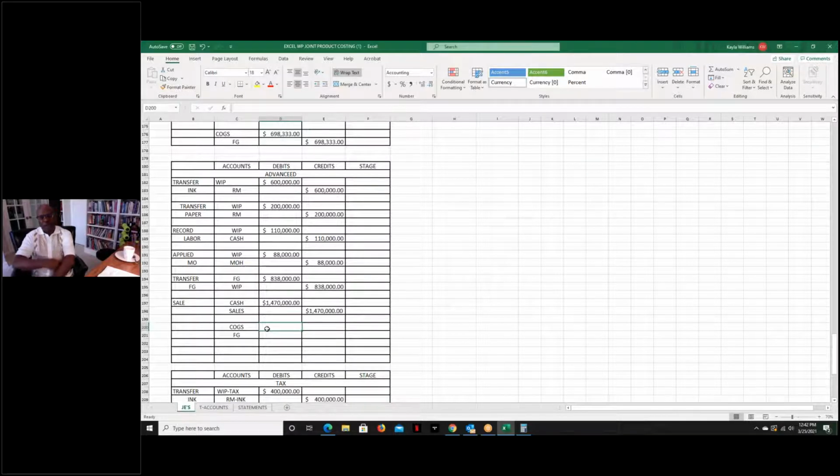Aren't you supposed to find the actual cost first and then use the actual cost by how many you sold? Oh yeah, sorry, that's what I did. The actual cost was 104.75, and then 104.75 times 5,000 was 523,750. How many did you sell? 5,000, right? Yeah. So 838,000 divided by 8,000